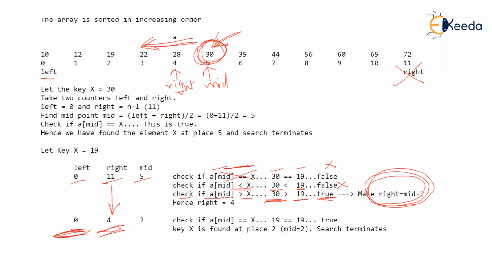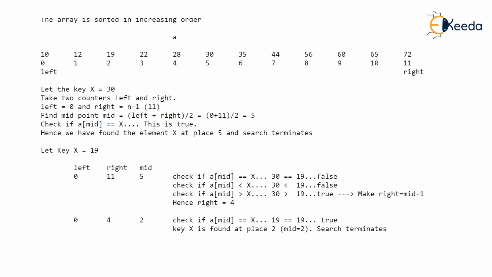Okay. So what next should we do? We have now got a new value of right. Although left has not changed, we have got a new value of right. So now we will recalculate the mid. You know that mid is evaluated by adding left and right and dividing them by 2. So this is going to be 0 plus 4 upon 2, which is 2. So mid is 2. So now observe, we have got midpoint as 2, and remember right is now 4. Right is no more 11. Isn't it so? Now we have got a new mid, and we will just peep in there. We will check what is stored at mid.